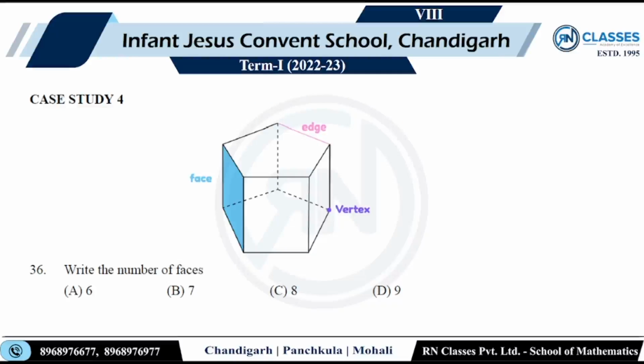केस स्टडी नंबर 4. फेस देखो दिखाया हुआ कैसा है, एज देखो दिखाई हुई कैसी है, वर्टेक्स भी बताया हुआ है कैसा है. राइट द नंबर ऑफ फेसेस. फेसेस कितने हैं? 1 2 3, यहां पर टिक करते हैं. 1 2 3 4 5, एंड ये नीचे वाला 6 और ये ऊपर वाला 7. तो नंबर 7 फेसेस. देखो 5 तो यहीं दिख रहे हैं, एक ऊपर एक नीचे,